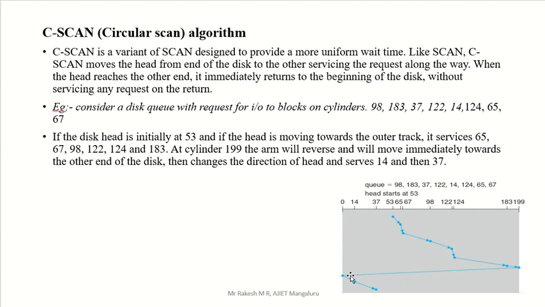Again start servicing from 0. Service is there at 14, and 37 is required. That means two blocks are remaining, the other blocks are serviced. So go to 14, stop there and service it. Go to 37, stop and service that for the user. Then again go directly to the dead end, no other service, and come back to 0. That is the method we are using in C-scan. That is called circular scan.